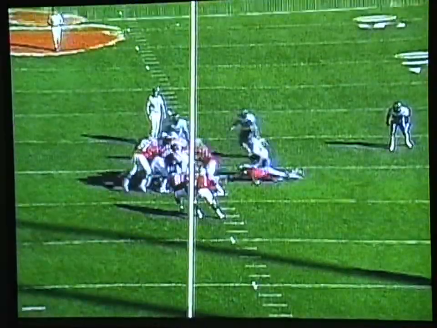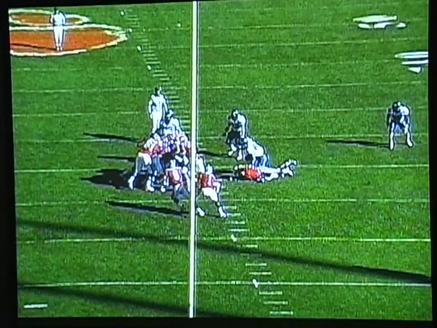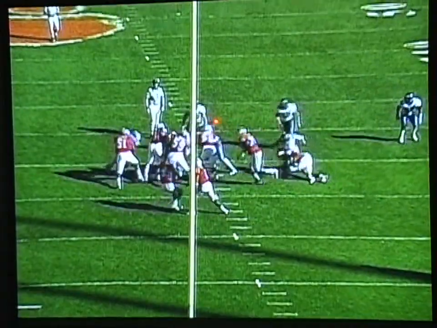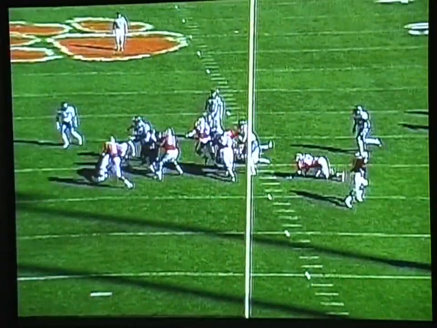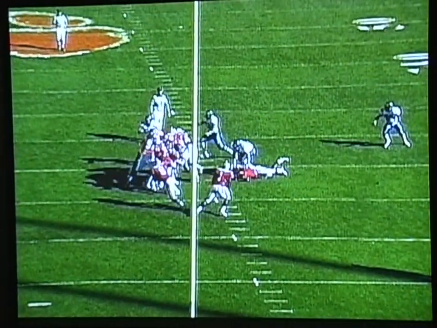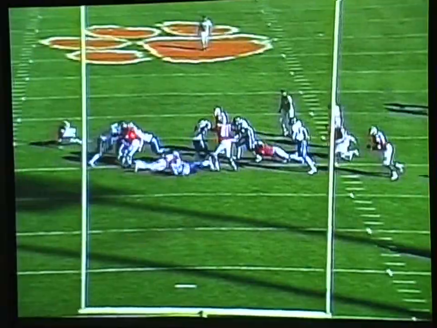Backside tight end should cut off the C gap. He's on the ground. He should keep his feet. And quarterback boots out. Somebody missed a block. Backside, what happened was the backside guard, he had a slant. He got cut off on the combo, and that's what happened. And that guy got through because